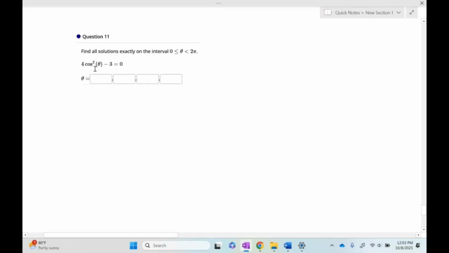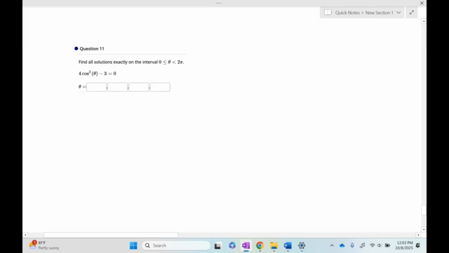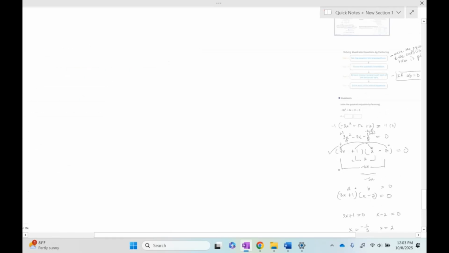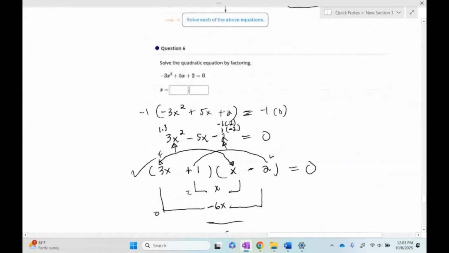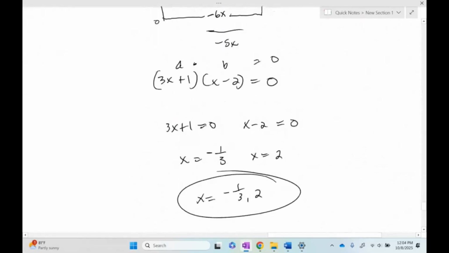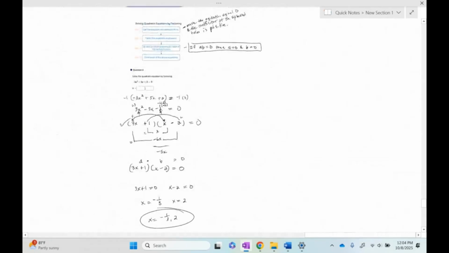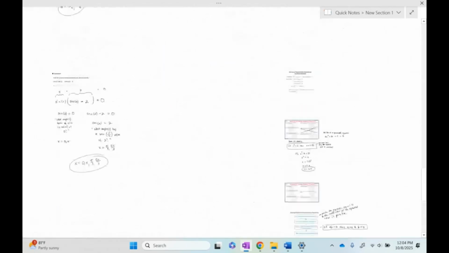I'm noticing though I have the squared term alone. So based on the methods we use to solve, if there is only the squared term, oh, it's up here,